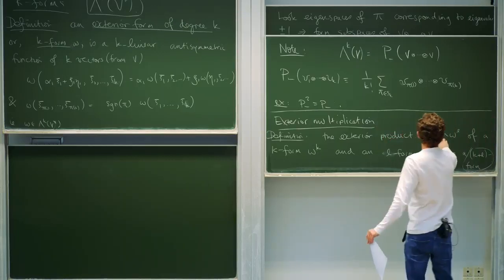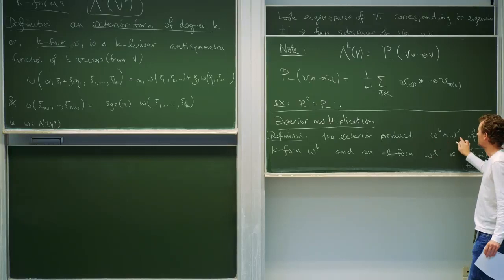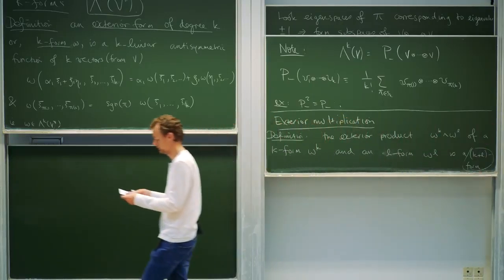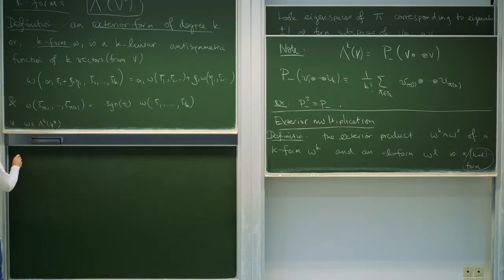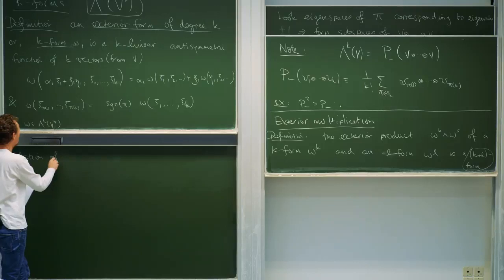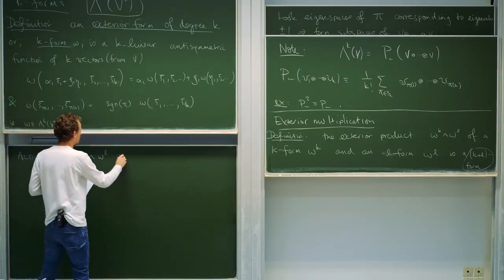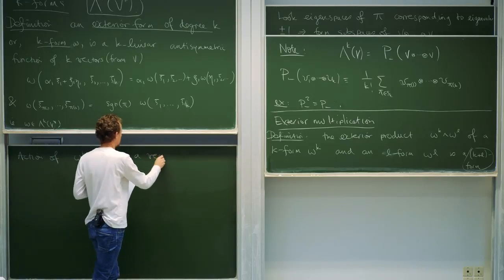So the exterior product of omega k and omega L is this thing here. It's a k plus L form. And the action of omega k wedge omega L on a vector